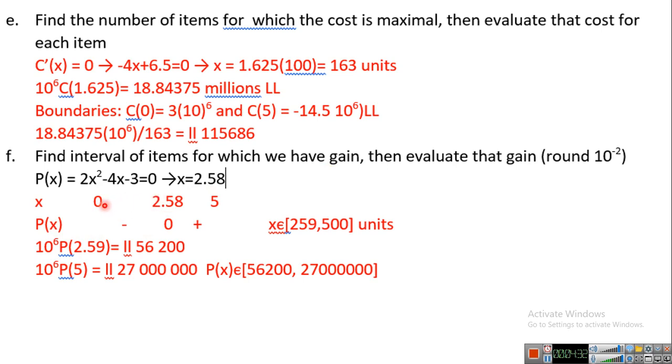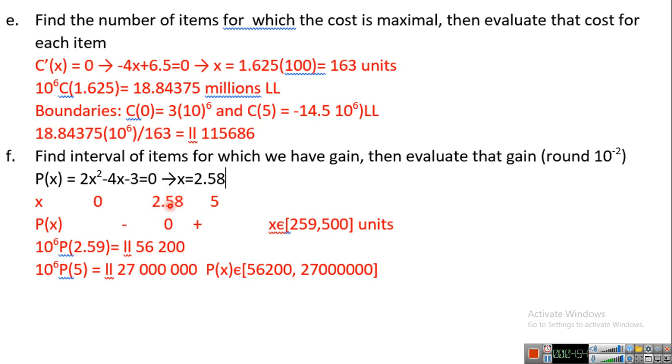If you take a number between 0 and 2.58, you can take 1. If you replace it here, 2 minus 7, so it's negative. A number bigger than 2.58, you can take 3. 18 minus 12 minus 3, so 3 is positive. So here we have loss, here we have gain. So 2.58 times 100, because x is in hundreds,